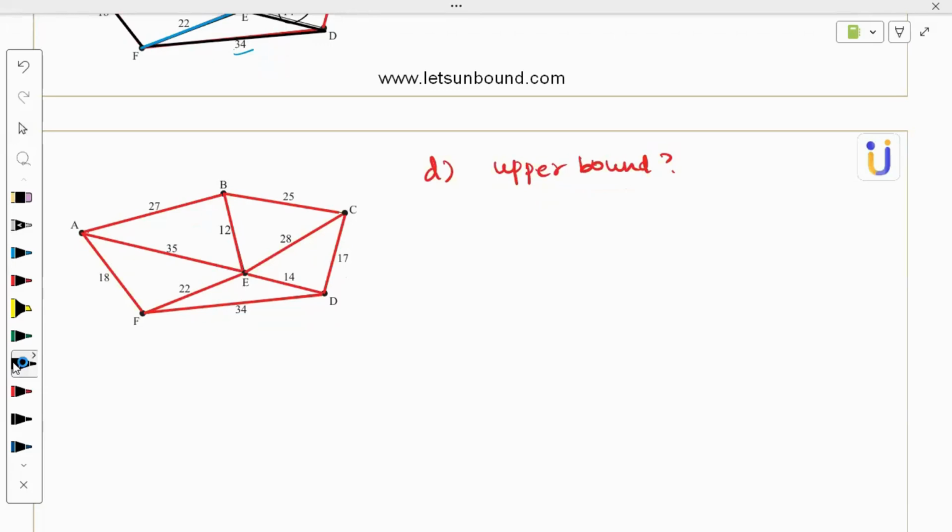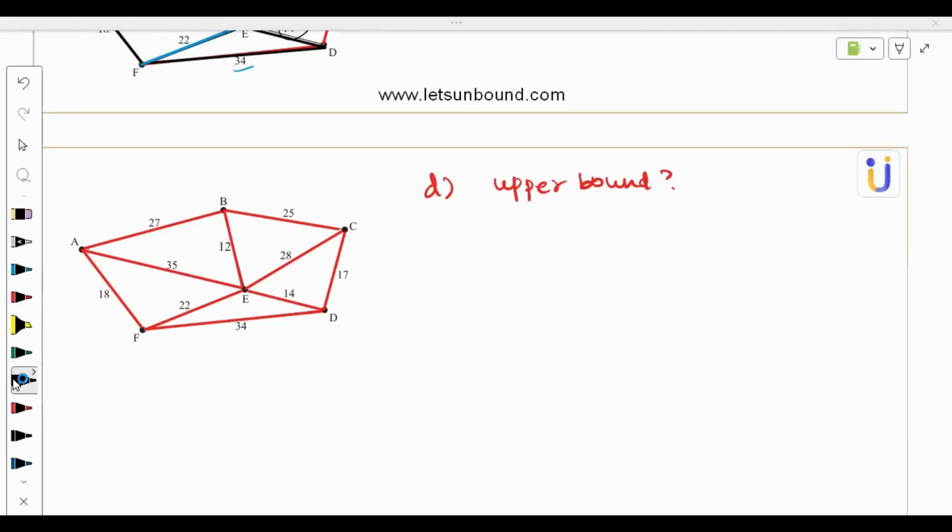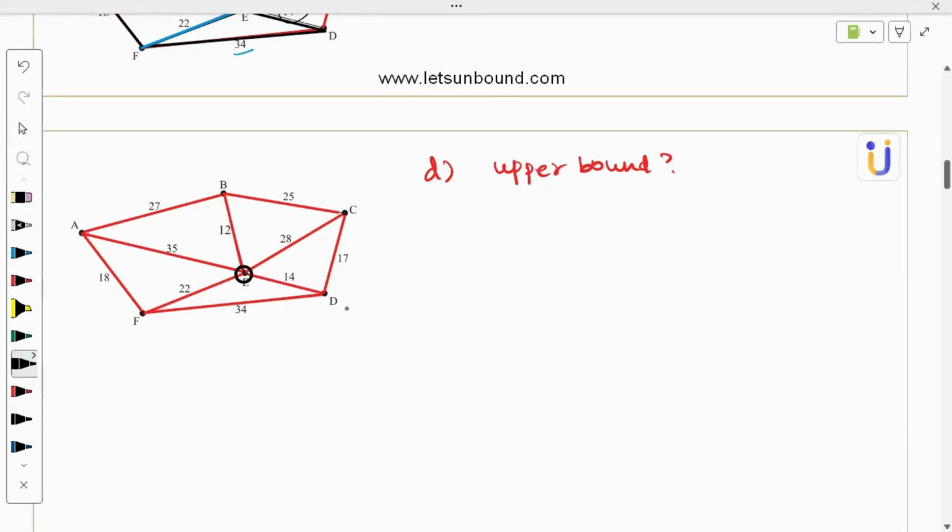Let's see, so how to solve this? In the nearest neighbor algorithm, you start from E and choose the least distance and go ahead that way. So we should get back to the same vertex. That also matters, right? So let's start. We are starting from E, which has the smallest edge to B. So I will go with E to B,